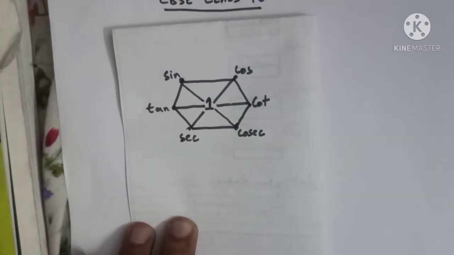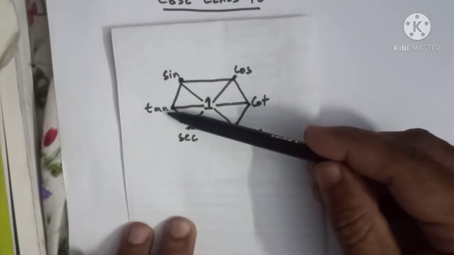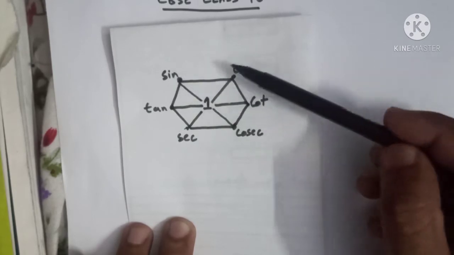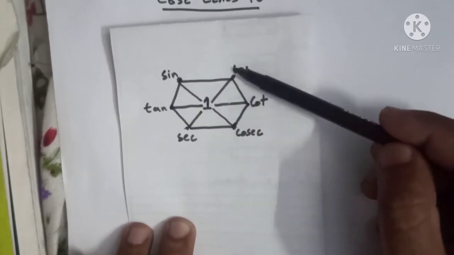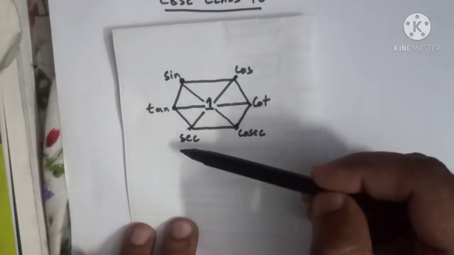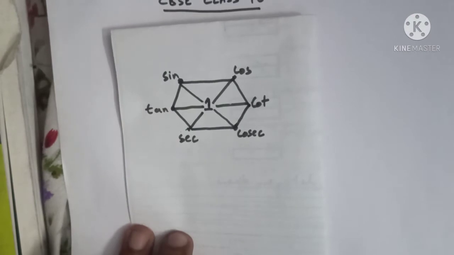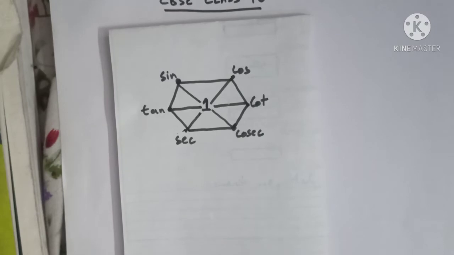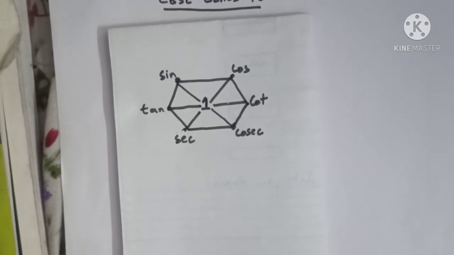Again I am telling you how to remember this. First you write tan, and then tan is equal to sine upon cos. So tan, sine, cos, then cos, cot and cosec on the same side, and what is left is sec. And 1 is at the center. So this is our trigonometric magical hexagon. Why do I call it magical? Because you can remember 39 or 40 trigonometric formulas or identities with the help of this hexagon. Now let us discuss them one by one.